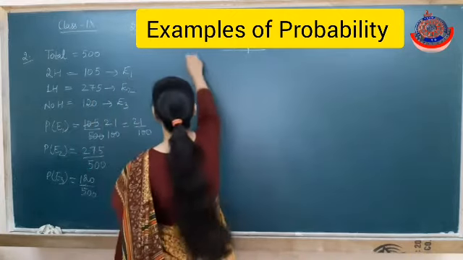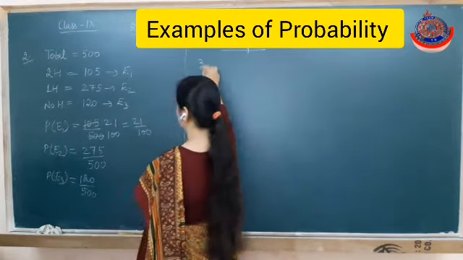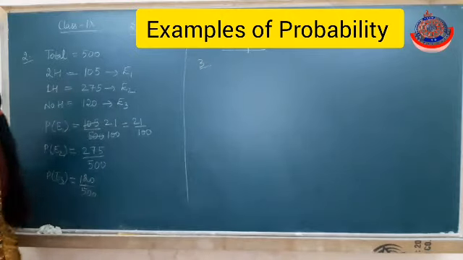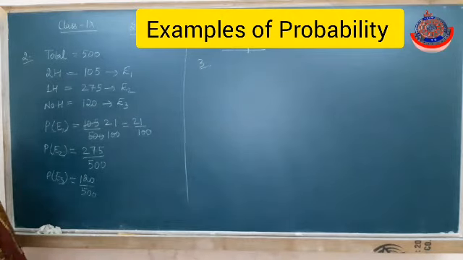Fine. Let us move to next example, that is number 3, where it is given that a die is thrown 1000 times with the frequencies for the outcomes. Now frequencies means number 1 appeared for 179 times, 2 appeared for 150 times, and so on. All the numbers are given. Find the probability of each outcome. Now if we denote E1, E2, E3 up to E6 for numbers 1 to 6.